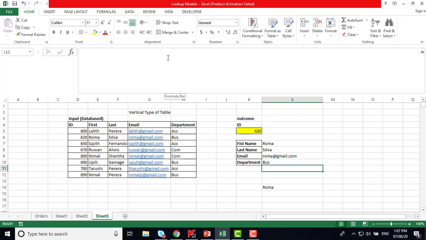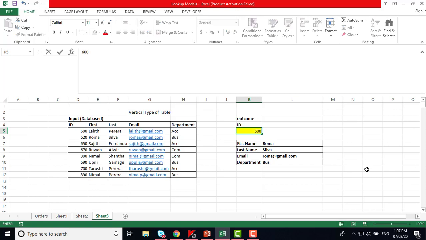So very simply when you enter the information into the database, you can see perfectly the system is extracting what is required for the user. So this is the powerful tool called the VLOOKUP function which is working in the vertical format, and when you change the numbers, all the references will change and the appropriate answers will appear accordingly. So we'll type another number, 800. So Nimal Shanta. You can see Nimal Shanta, his email and his department is going to appear as a comma, right?